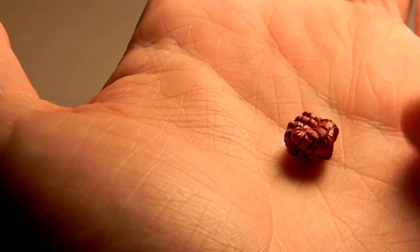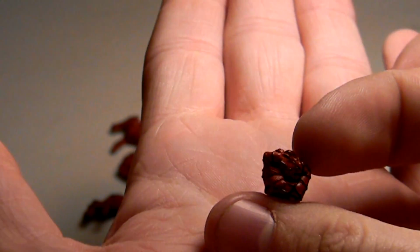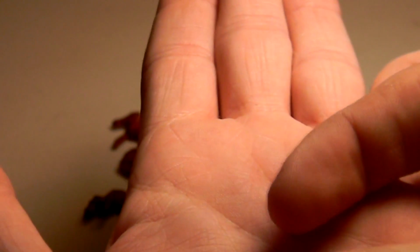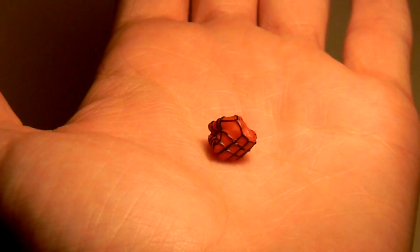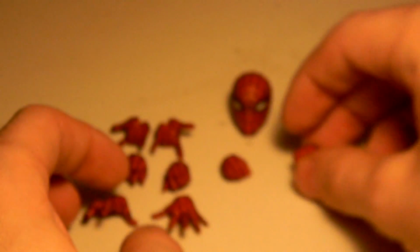The cobwebbing is definitely protruding from the actual hand, so that's really nice. The detail in there makes it look like in the palm he's got some fabric, as opposed to the rest of it, which is just kind of flat, I believe. Maybe there's a pressure pad in there somewhere, if it'll focus. There we go. You can see the detailing in there, which is really cool. Let me just adjust that so maybe you can see it a little better. Yeah, there we go. So you can see that in the hand, and then of course there's